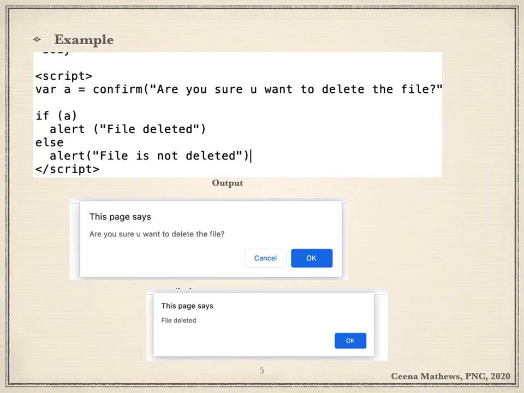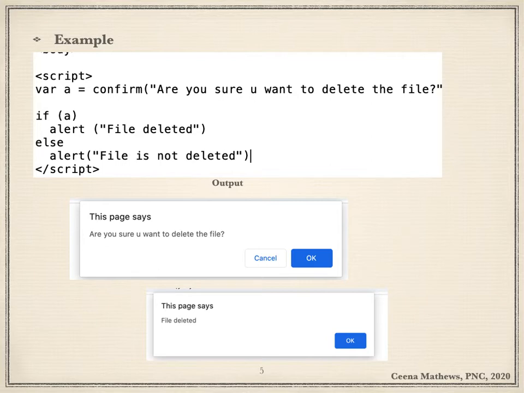As you see in the output, along with this message it displays two buttons, OK and cancel. If OK is clicked, it will return the value true. So in the condition I have given here, if the value of a is true, you can either give simply a or a equal to true.